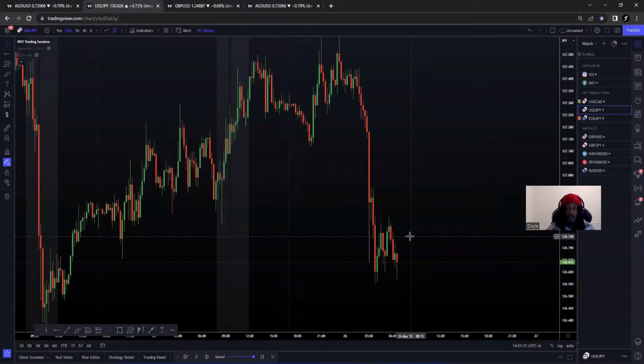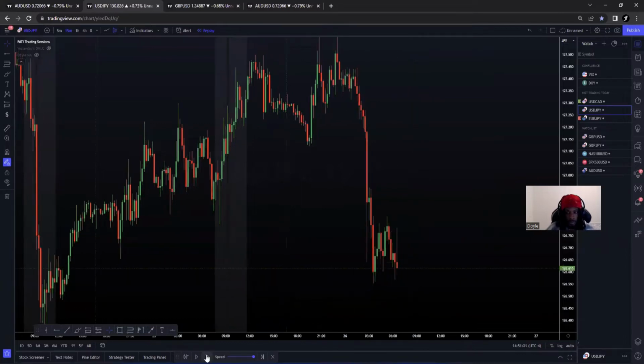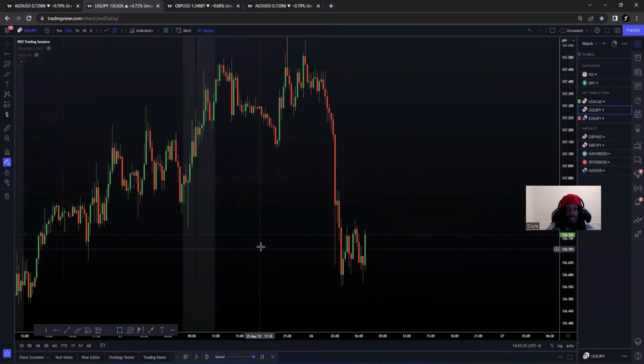So I'm just going to simulate this on a 15-minute chart. Now, you can see gaps on all time frames. Actually, this webinar may just be about gaps, because a lot of people keep asking me, "Can you go over gaps?" This is probably going to be the clearest video on gaps. So let's just fast forward. Now, before I fast forward,